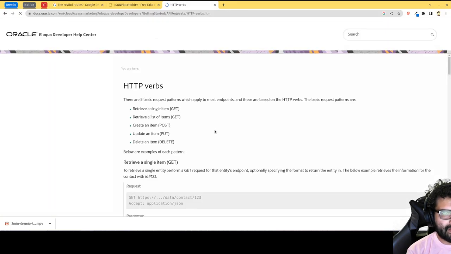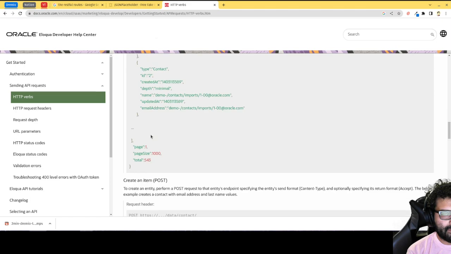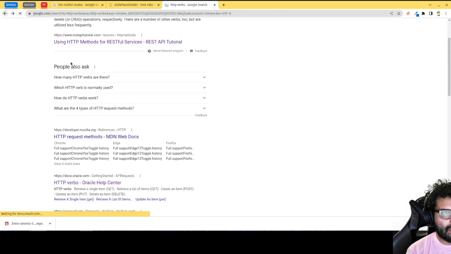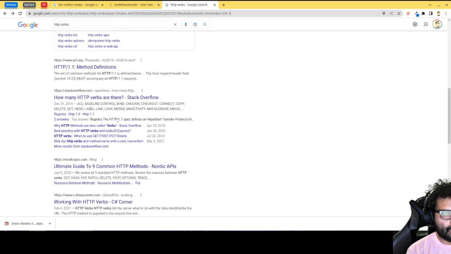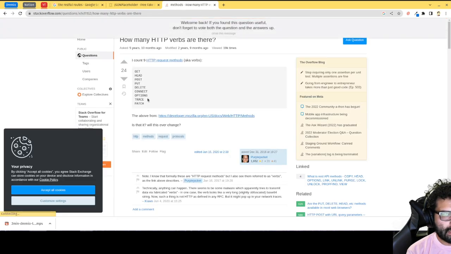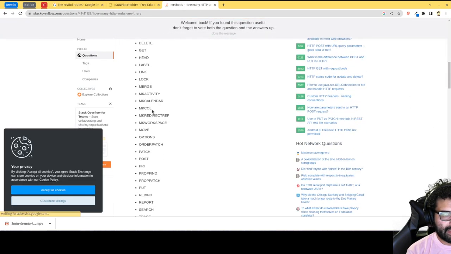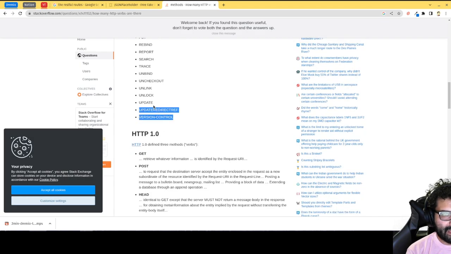HTTP verbs. Anyway, got the full list. It's a whole bunch of them. Here's a good list, right there. So that's a full list of all the possible